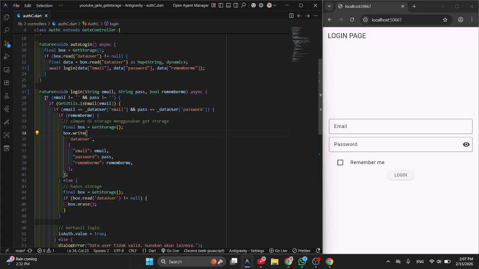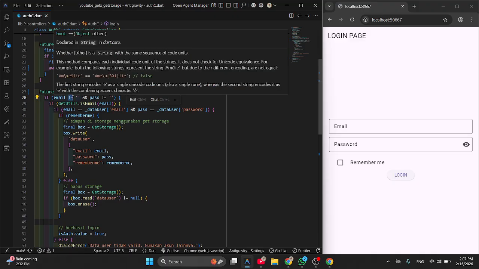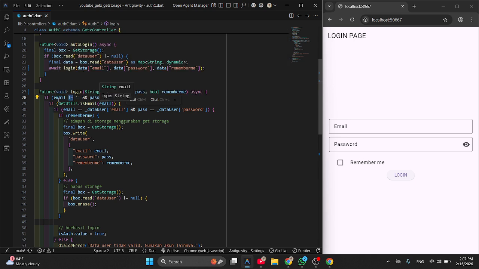Okay, there is a check to make sure the email and password are not empty. Now, this operator means... okay, to make sure the email and password are not empty.